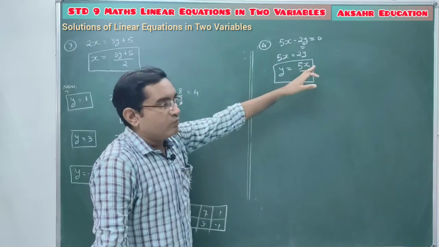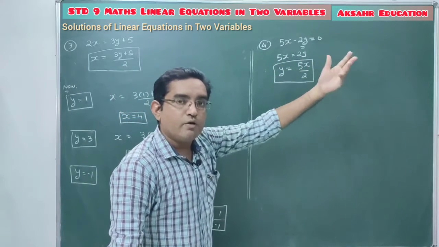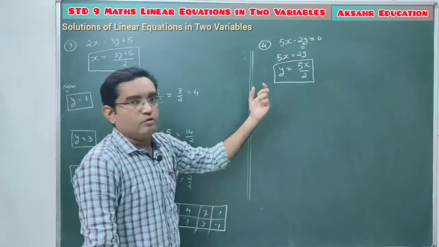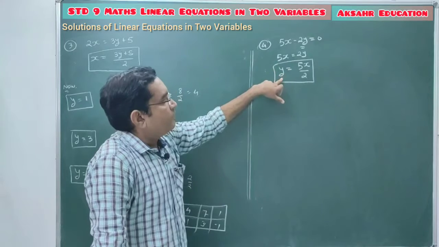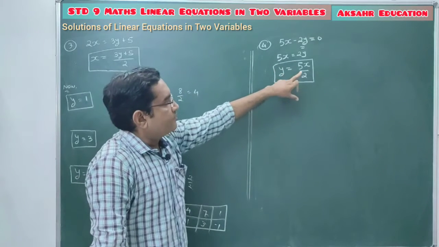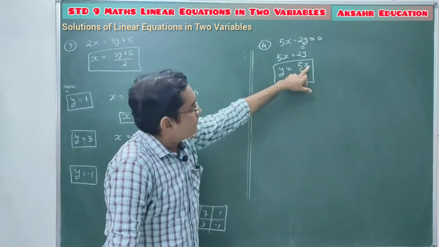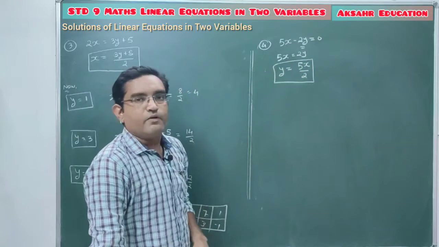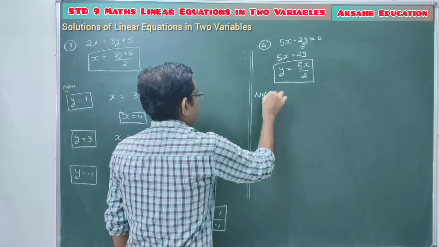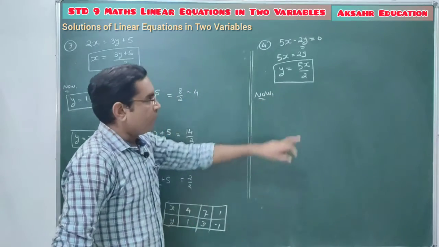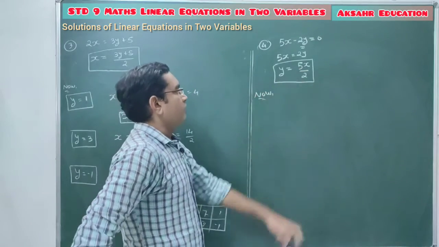For that case you have to put different values of y, and according to different values of y we are getting the values of x. But here we have written this equation in form of variable y. So in this case we have to put different values of x, and according to that we are getting different values of y. So now we are avoiding the fraction values. So take the values of x.